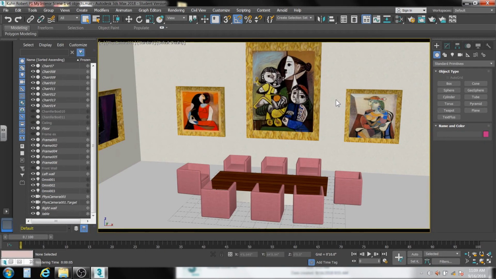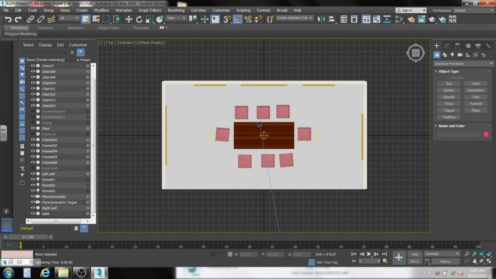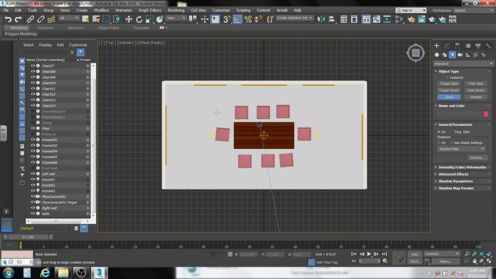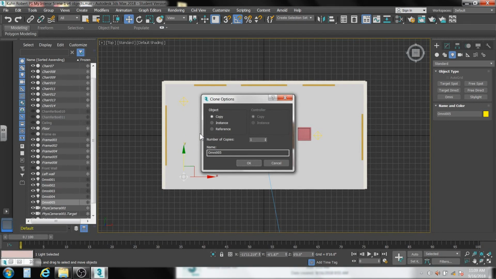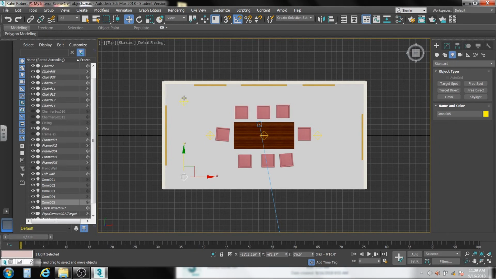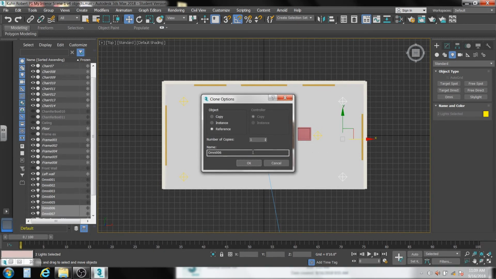So ambient lights are easy enough to do. I'm just going to go to my top view and over here to lights and make sure that we're not on photometric but standard. I'm going to go to an OmniLight and I will go ahead and put one there, and I'm going to go ahead and shift copy that one down, making a reference because I want them to all do the same thing. And OK, and then I'm just going to control click this light as well, and I'll shift copy this over here. So say OK,